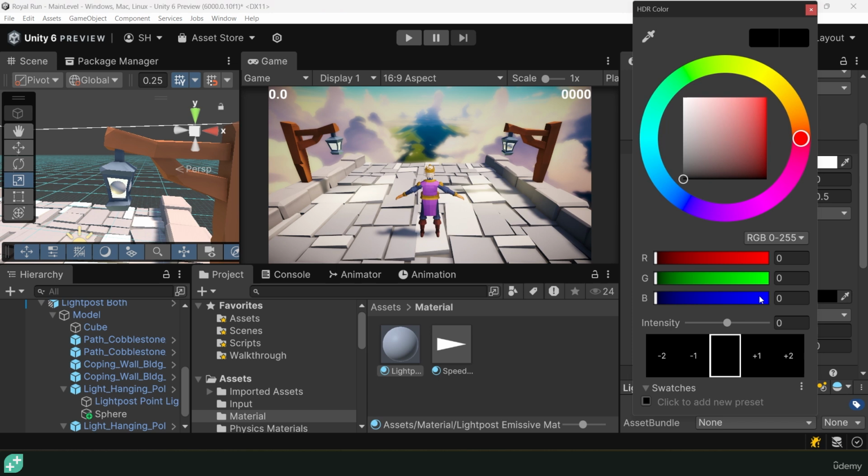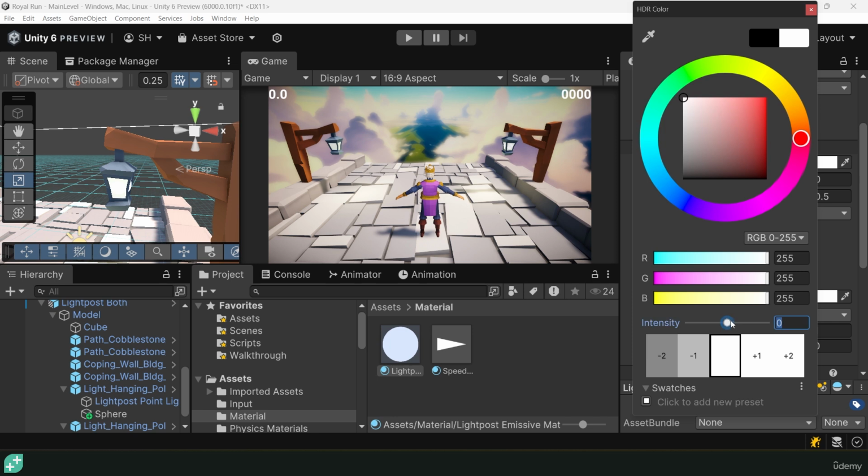With that ticked on, we can now actually modify this HDR value. We can shift that all the way to the very top left to make it super bright, and then just increase the intensity, and I think we should have it glowing a bit. Yeah, there you go. We've actually got it immediately glowing in our scene over here on the right in our